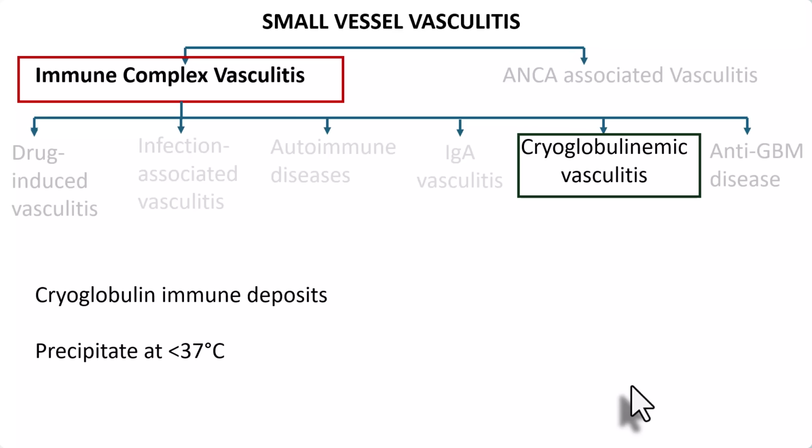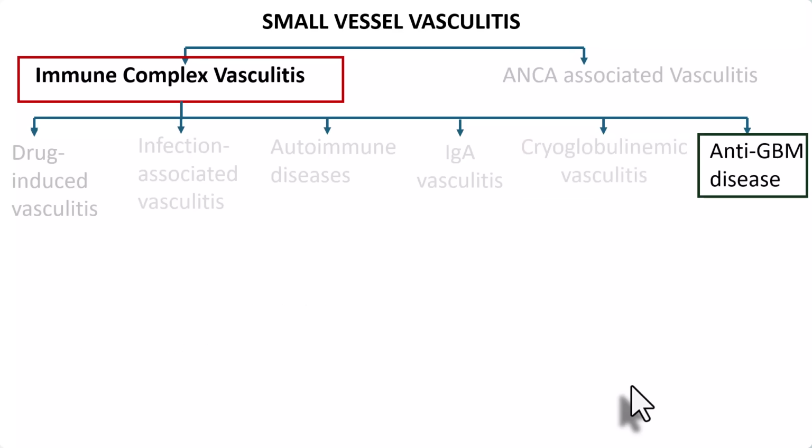Cryoglobulinemic vasculitis is where the cryoglobulin immune deposits precipitate at temperatures less than 37 degrees centigrade. And the last one is anti-glomerular basement membrane disease, anti-GBM disease, also referred to as Goodpasture's disease,